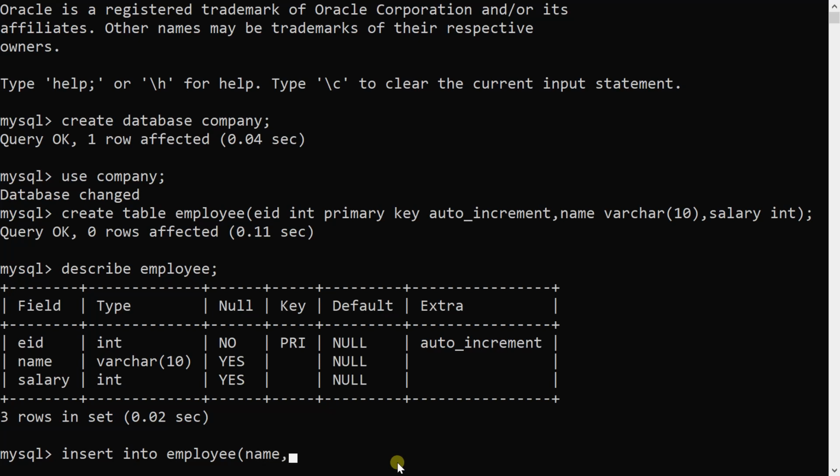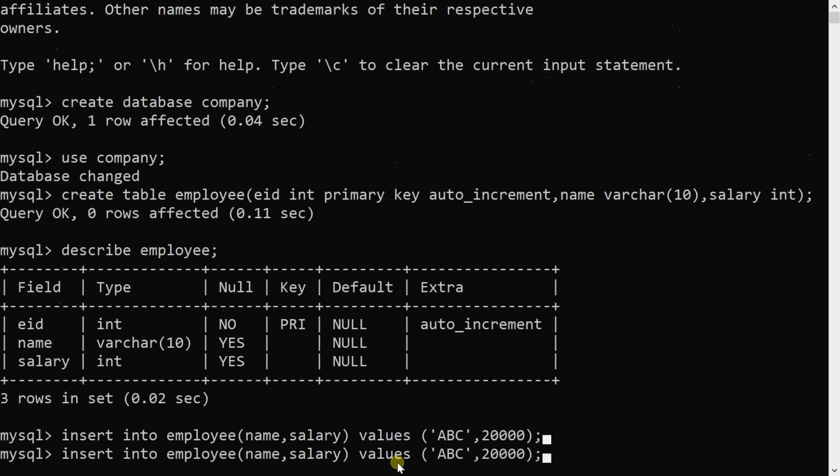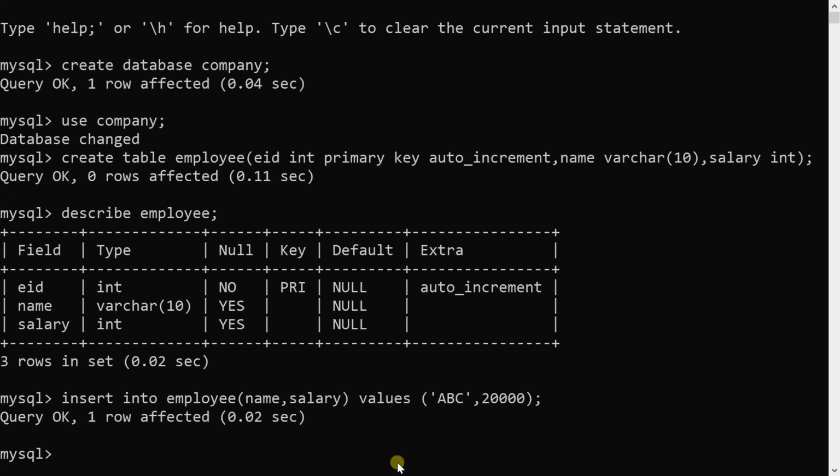I will simply use name and salary. Values into bracket. Name is varchar, so I will put ABC, and then salary is integer, so I will put some values. So my one record is inserted.